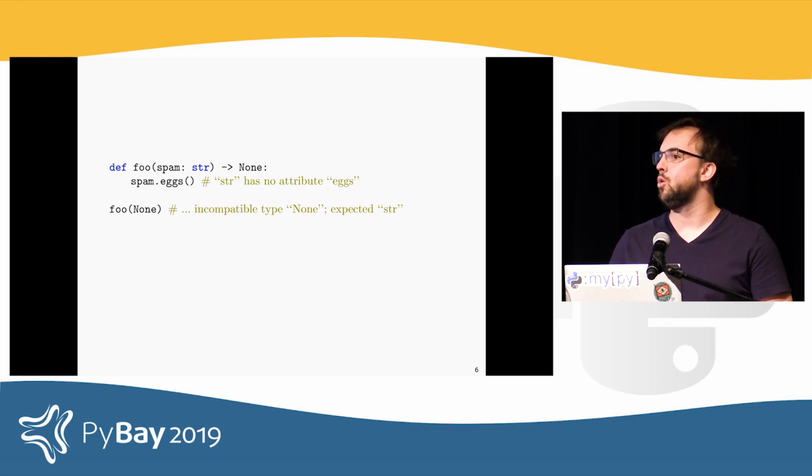Showing you examples of code that works, as in the previous slide, is all fine, but really the main value of a type checker is when you hand it code that doesn't work and it tells you that it's broken. And so here, if we have some function foo that takes a str as a parameter and we try to call this eggs method on it, it will happily inform us that str has no attribute eggs, which is nice because